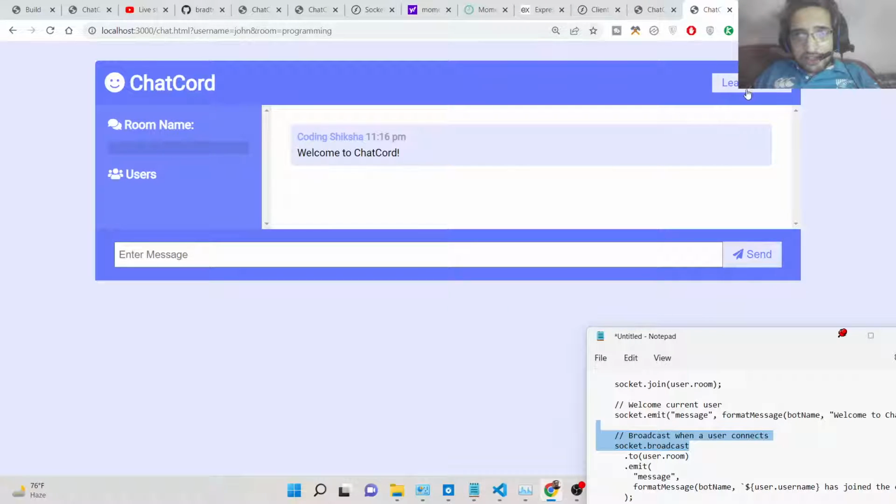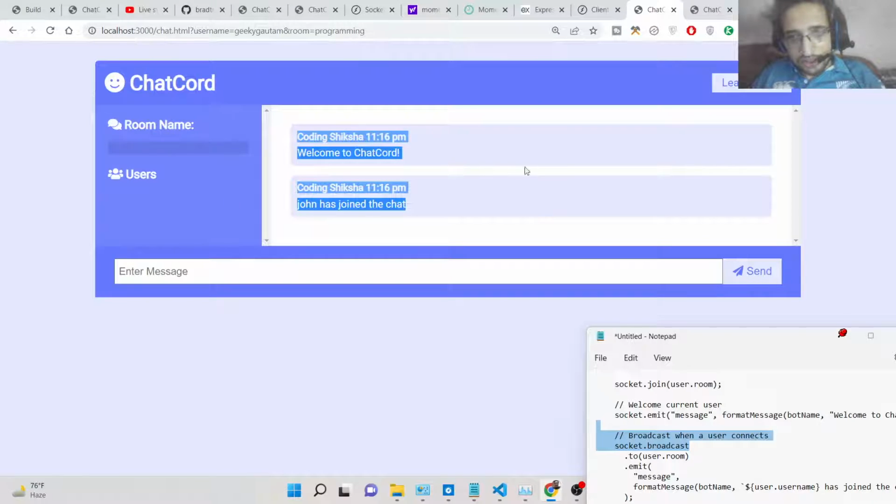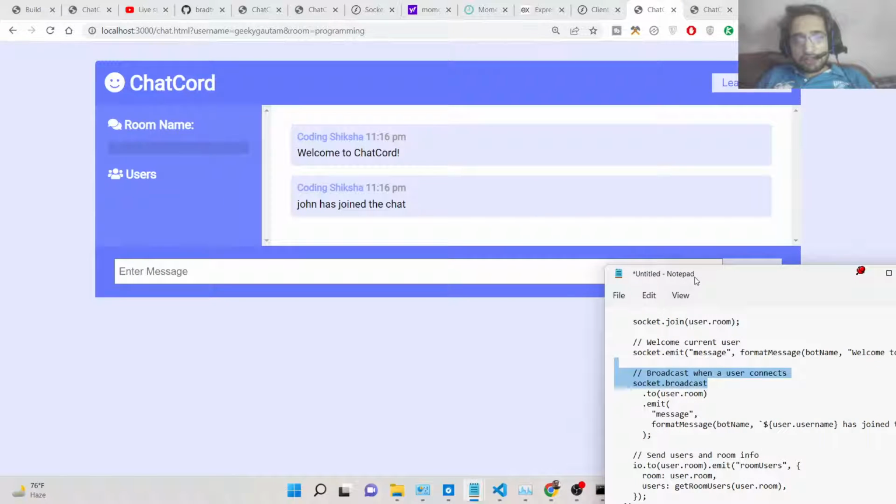And similarly, if I click this leave room, guys, I need you to implement the same functionality. When I leave this room and go to the home page, we need to redirect the user to the home page and also tell here that John has left the chat. So for that, we will be implementing a very simple functionality. But before that,